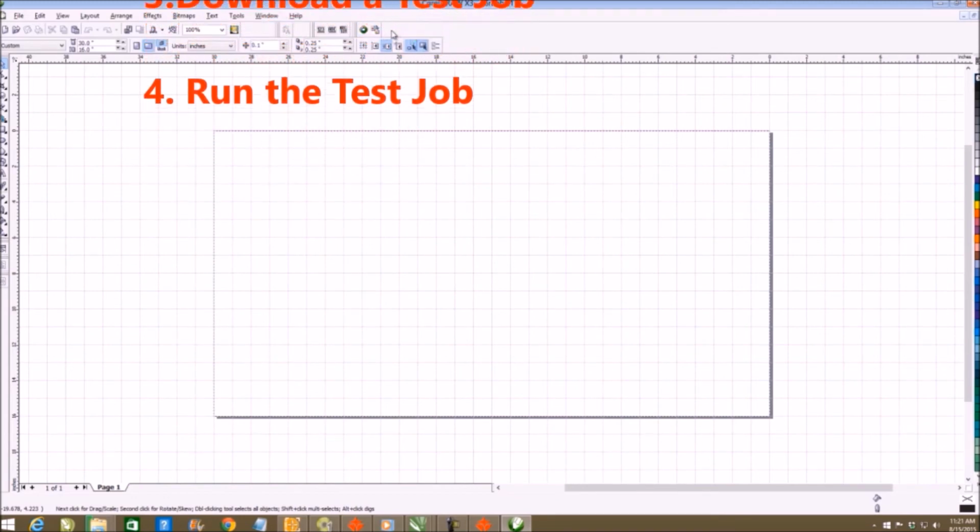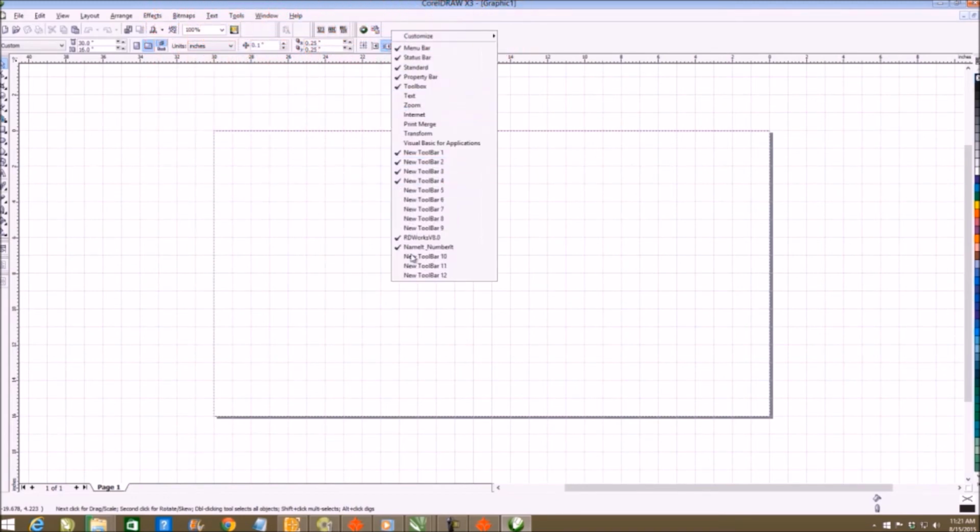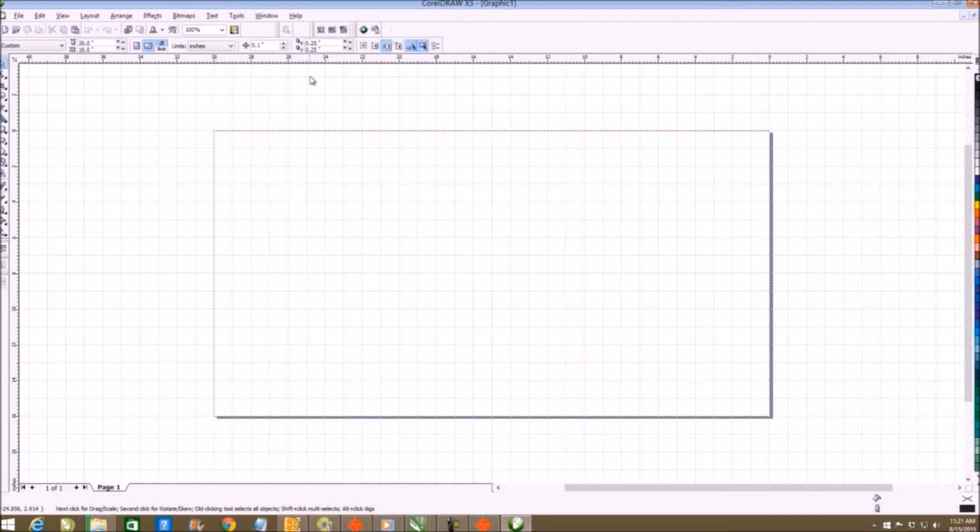Then what I can do, especially on advanced ones, is lock the bar afterwards. On X3, you can't. But those are the things. You can even see a little icon here where I can take what's in CorelDraw and drop it into my EngraveLab. EngraveLab and CorelDraw work very, very well together. Like I say, if you're